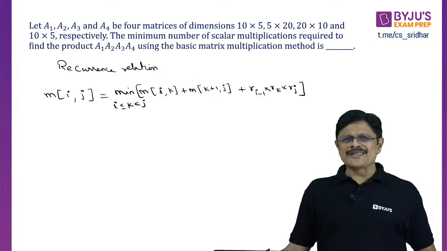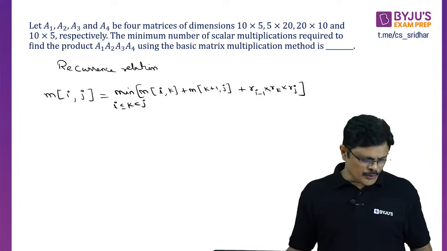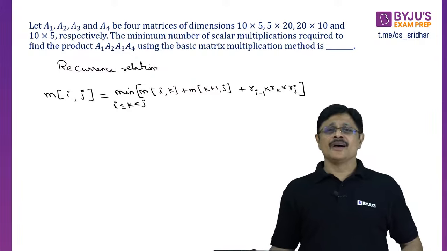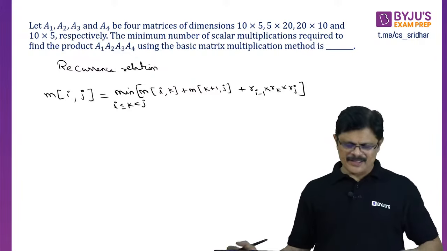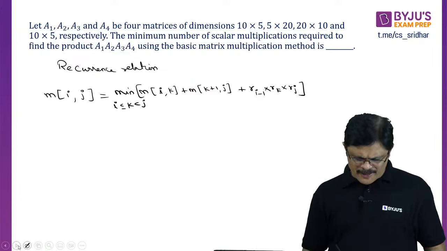I already took one session on this matrix chain multiplication, sir, where I derived the recurrence relation also. You can go through it. It is available on the YouTube channel, right? Now, see, instead of doing all this, we can simply solve it, my dear friends. For that, we just need to find the given orders. What are the given orders?